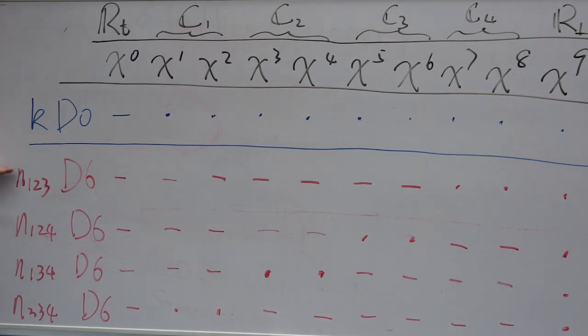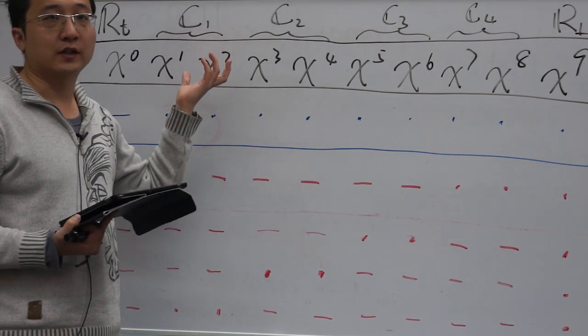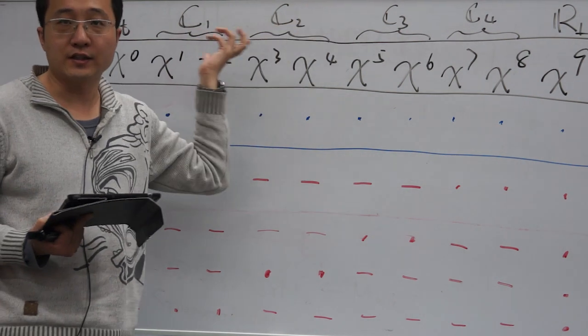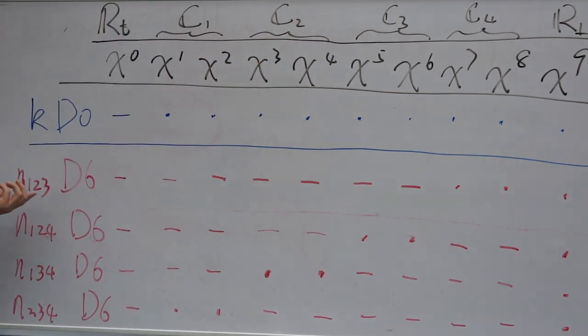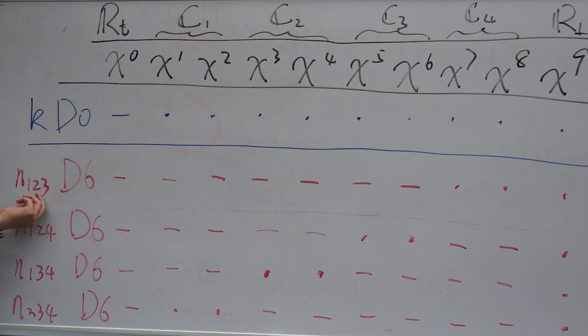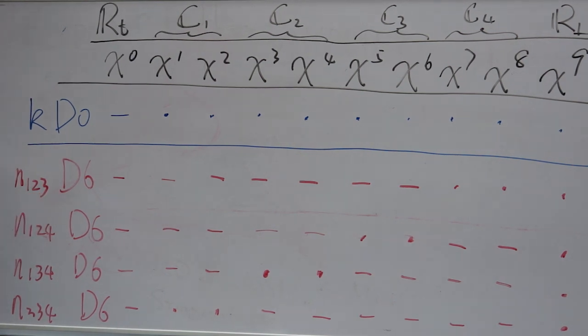Then I start with D6 branes, which are also supported on the time direction, but the remaining three space dimensions can be supported on any three of these four Cs. I will label them accordingly. For example, this one I call the 1, 2, 3 brane. This will be supported on